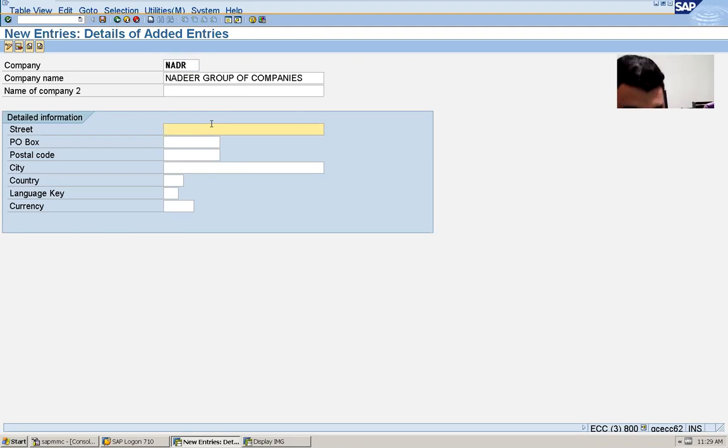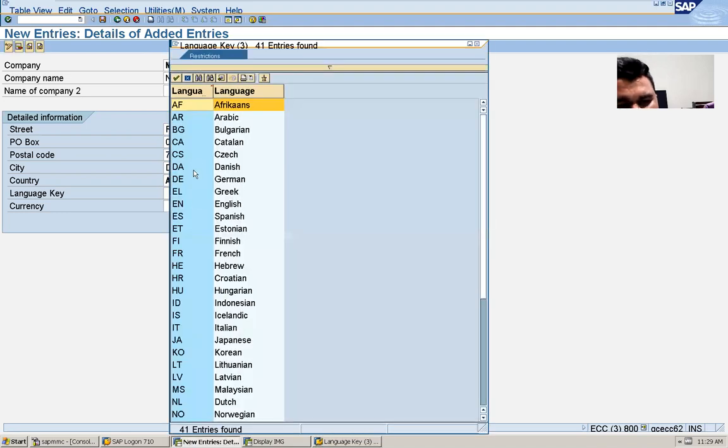So street, let's say Rashidia. PO box, any 6 digits. So let's say like this. City, Dubai. Country, AE. Language, there is a drop down. For language it is EN, English. If you click here, you can select EN.